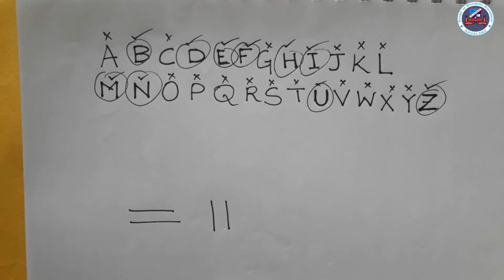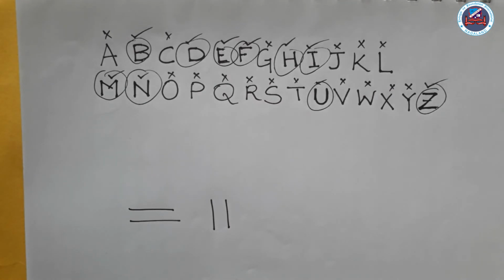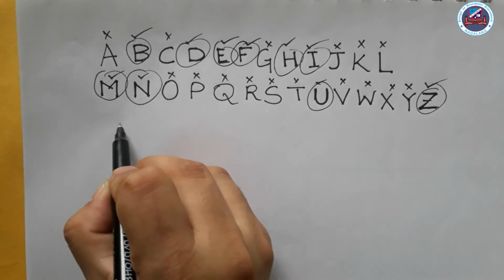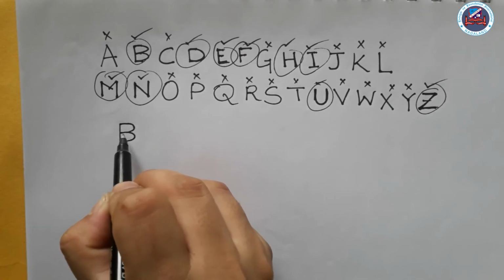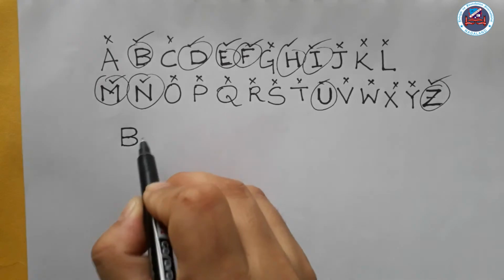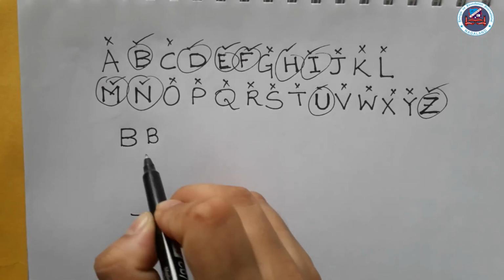Like some people may say, but B does not have. You are correct, because it depends on how you're writing. Now if you're writing B like this, now this looks like a parallel line, but if you're writing B like this, now this is not a